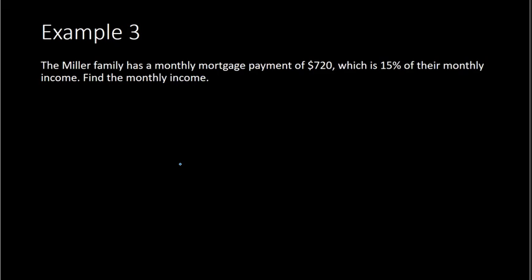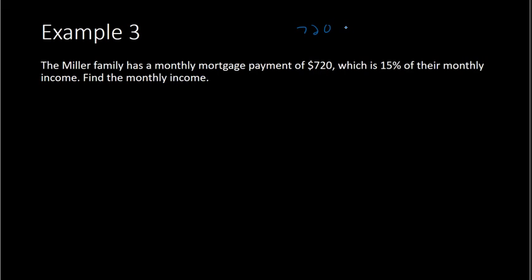Example 3. The Miller family has a monthly mortgage payment of $720, which is 15% of their monthly income. Find the monthly income. Now for some of these, it's helpful to translate this into an English phrase that will help us make it easier to convert into math notation. What I mean by that is we can translate this to the essence of the question, which is